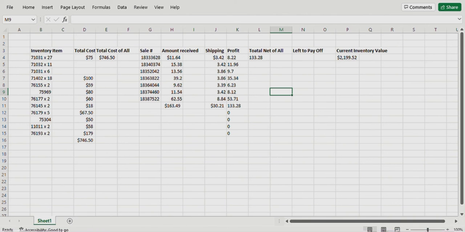And so now you can see the number popped up here, and so now I can clear this function and then just type in the number that I see right here, $133.28. And then again, over here we don't have a function either. And so now to calculate the quote left to pay off as I have typed it, then we can go over here and again click formulas, click auto sum, but click the arrow, click more functions, click IMSUB, and then in number 1 you're going to click this, and then in number 2 you're going to click this, and then you're going to hit OK. And so I have $613.22 left to pay off,